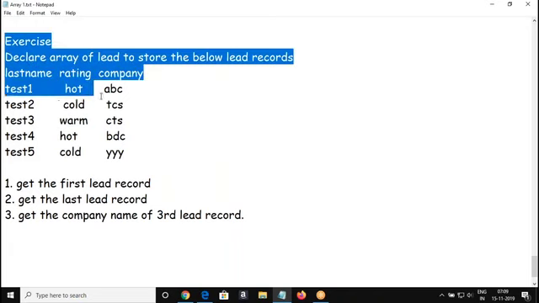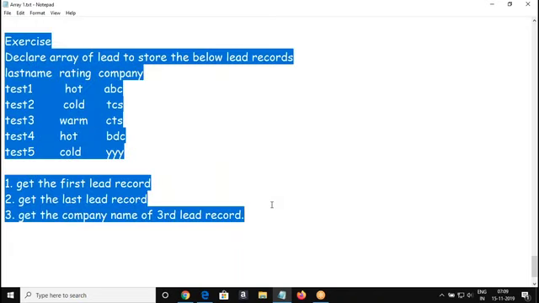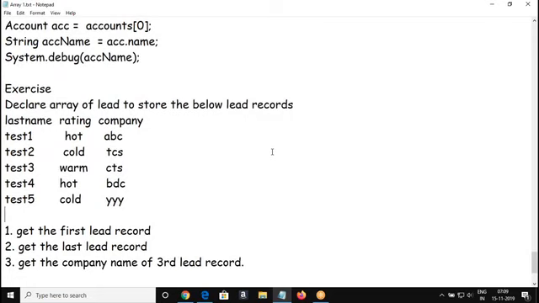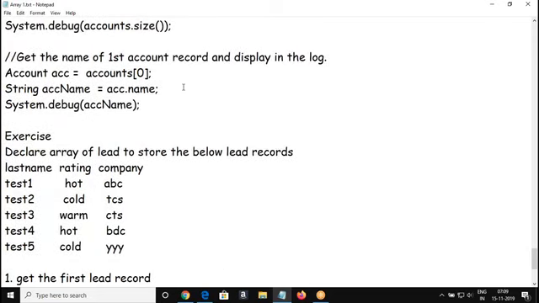So, people, have you seen this example? Ranjit, can we use that memory location instead of the variable name, account name, to display the first element? In the system.debug of account name, instead of that, can we refer to an occurrence number like 1, 0, 3, 4? No, we are referring to a field. We are referring to a field from this variable. We have to go with this dot name.